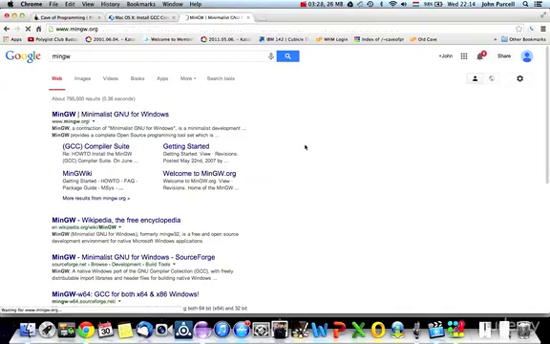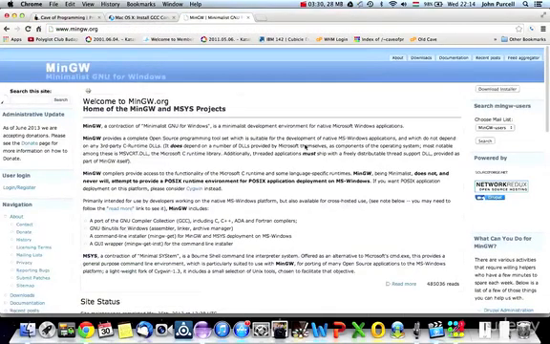So that's a GCC compiler for Windows. If you're using Windows, I'd recommend that you install MinGW. You're going to have to search a little bit in Google to find exact instructions for your operating system, but this is the first challenge, to install GCC or MinGW if you're on Windows,